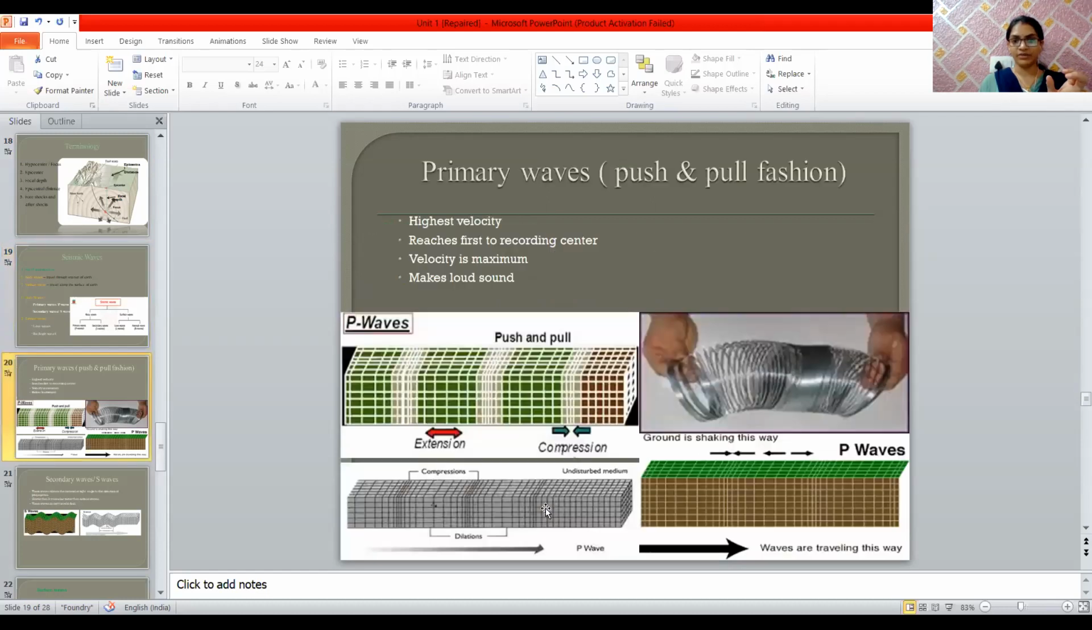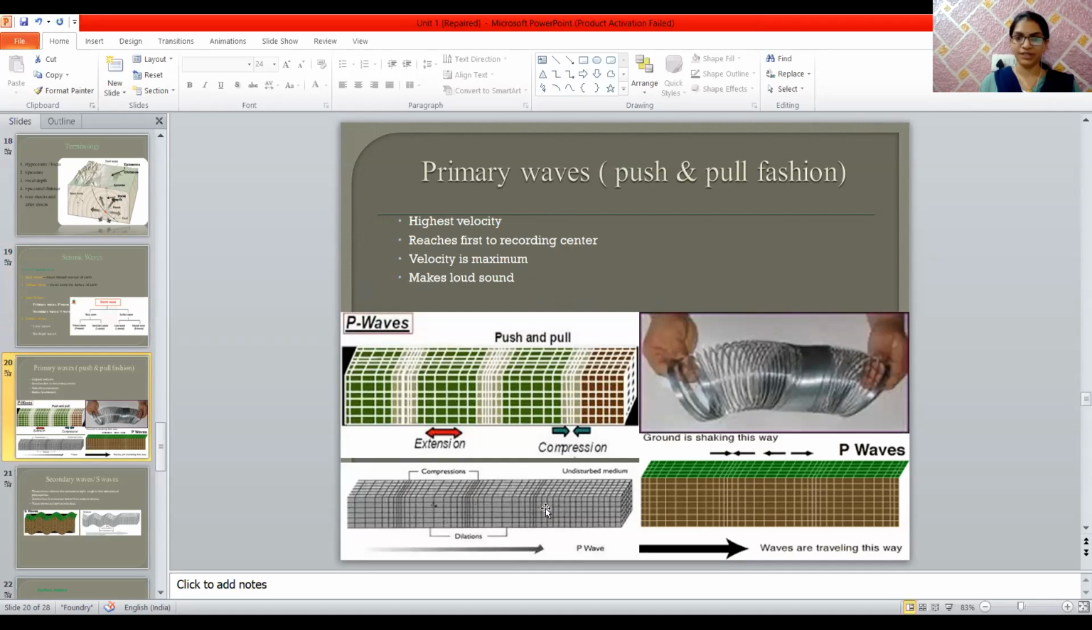What do you mean by primary wave or P wave? P waves are shown in these diagrams. P waves are push and pull like a structure. It has the highest velocity. It is recorded first because the